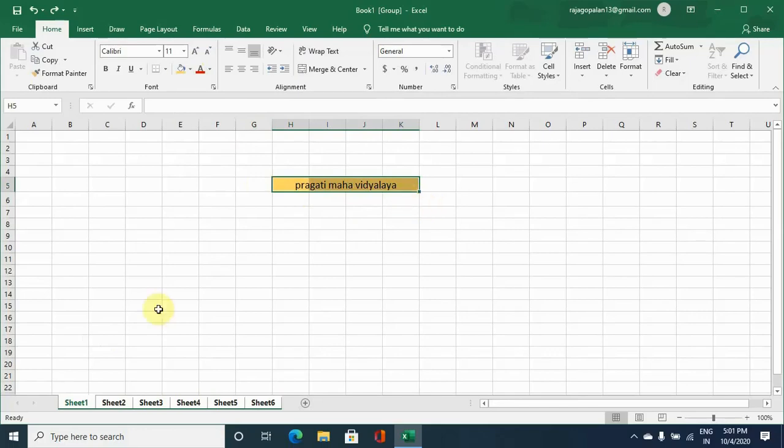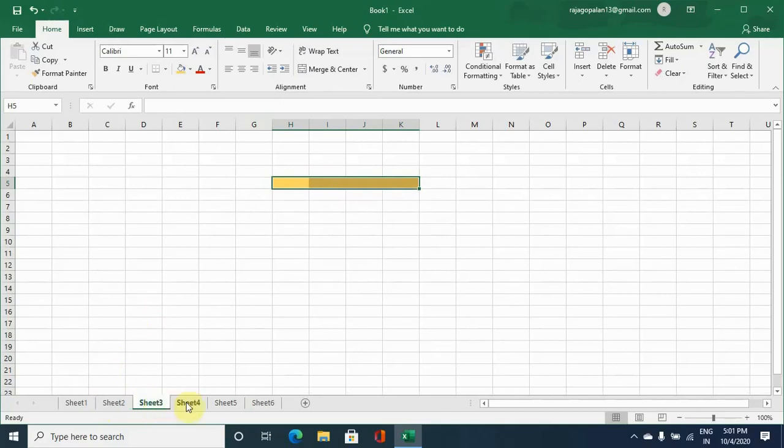So we have made a change in sheet 1 with regard to the heading format. Then if you go through the rest of the sheets, you find the same format. Now this option will be useful when you have similar data in other worksheets also.